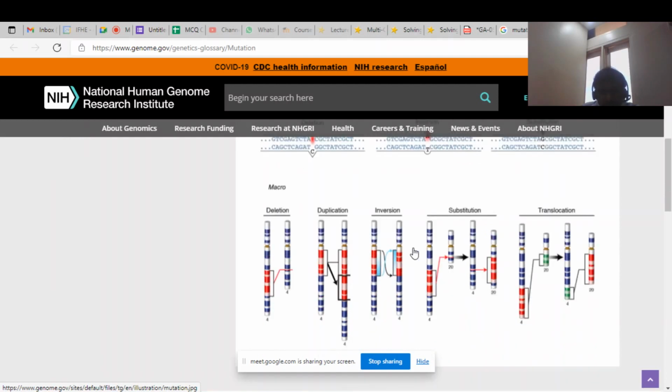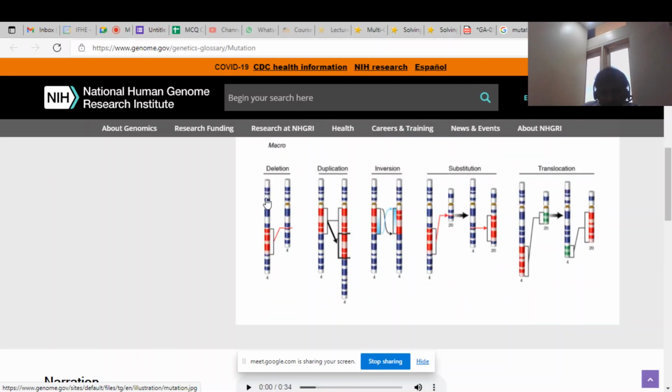The same thing is represented here pictorially. This is the chromosome of a particular child, an offspring. Some part of the chromosome, these particular genes, are getting deleted. As a result, you are getting this resultant chromosome, which is a mutated chromosome. Similarly, here this is duplication. Some part of the gene is getting duplicated. This is the actual child, but due to some chemical reaction or whatever may be the reason, this part of the gene is getting duplicated in the child. It is copied twice. So this resultant chromosome is a mutated chromosome.